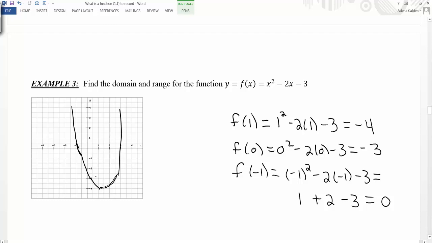So it roughly looks like this. It doesn't shoot off to infinity. It doesn't have any holes or weird things. I also want to look at my function and see if there's anything that contains a denominator, which it doesn't, or a square root, which it doesn't. So I'm pretty confident that my domain here is going to be